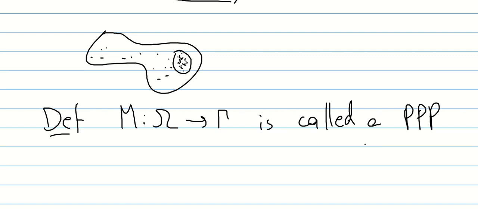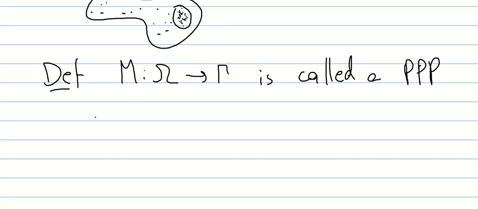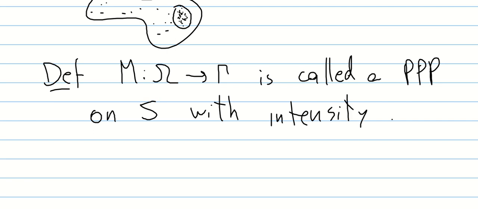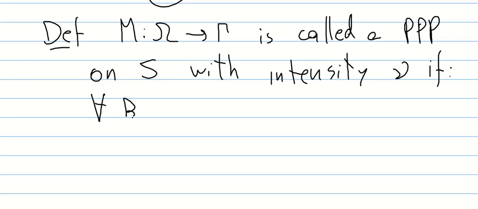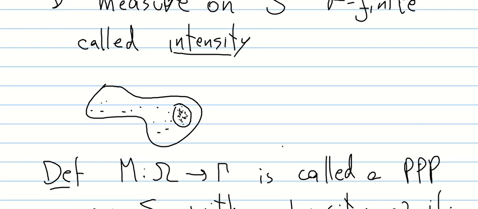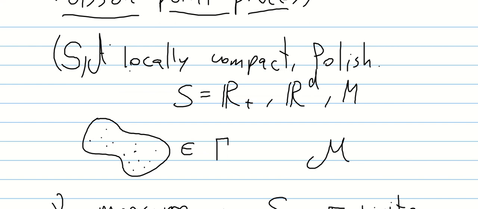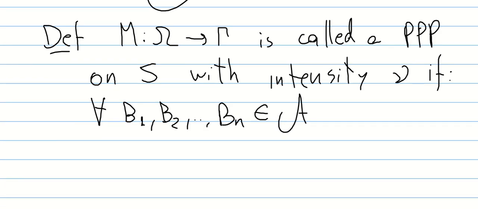Now we're ready to define. We say that M is a Poisson point process, and it's very common to abbreviate as PPP, a Poisson point process on S with intensity nu if, for every B1, B2, ..., Bn in A, and I forgot to recall that A is the Borel sigma algebra associated with S, so for every finite collection of B in A which is mutually disjoint,